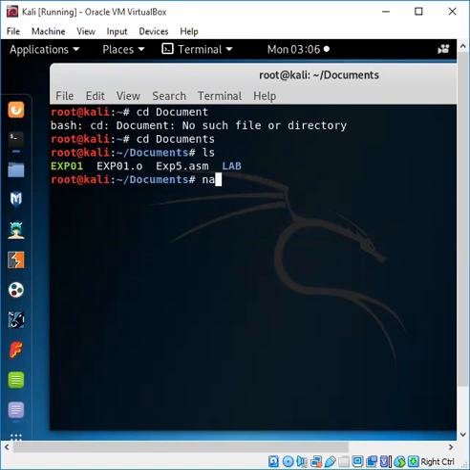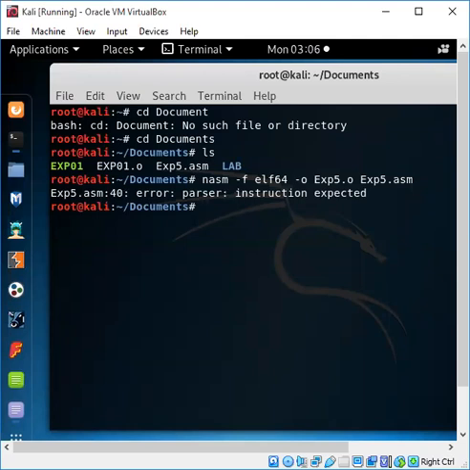So we'll compile this with nasm -f. You can use it as 64-bit also, so the same you can use here. We need to change this command, because it will work for 8-bit and 16-bit and also for 32. First we need to get an object file, so we need to generate that from this ASM file, that is exp5.asm.